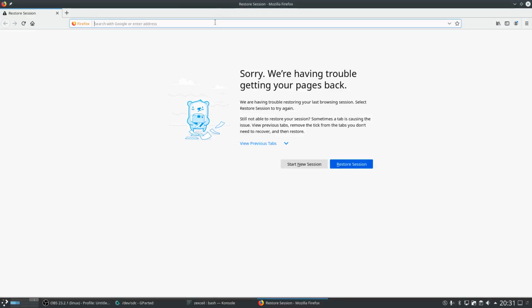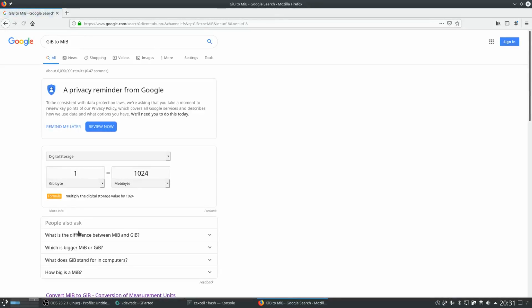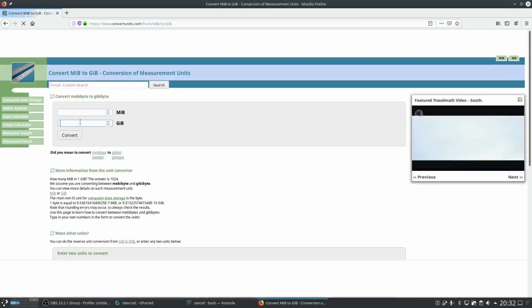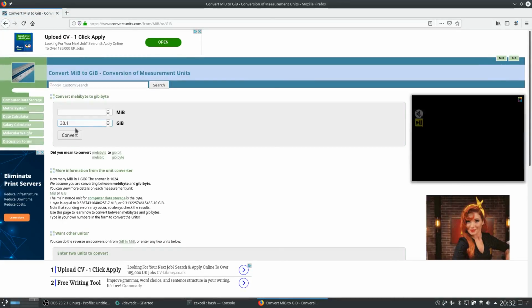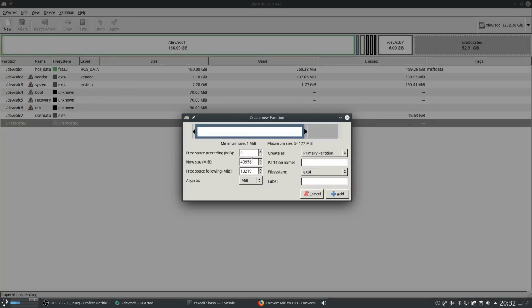So we're going to use about 30.1. Convert, that's how much we're going to need, and we're going to make a new partition